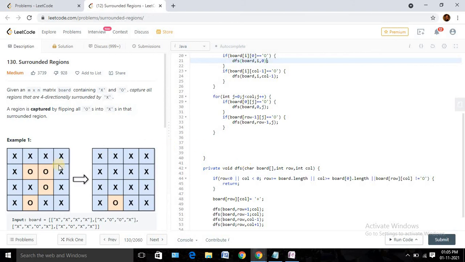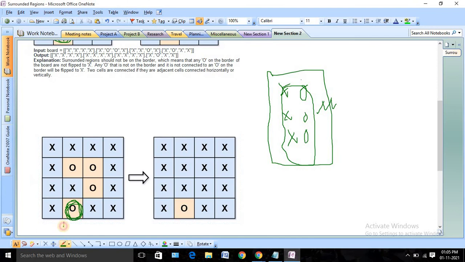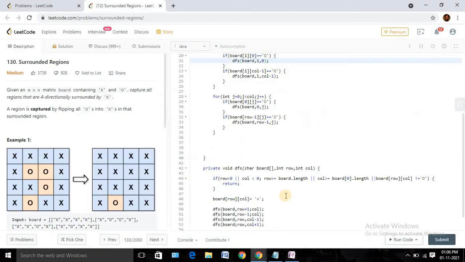Okay, so now after this, for this example, right, how will it look like? It will look like this, right? So it should be now x or plus, sorry. So we flip the value to plus, a default character, right? Now we will try to identify the surrounded region using the DFS, right? So in this case there is no surrounded region, so this array will look like this only, but this last value will be plus and the remaining will be 0. Now our next step will be to identify these zeros and flip them to x, but we will not flip this plus, right?